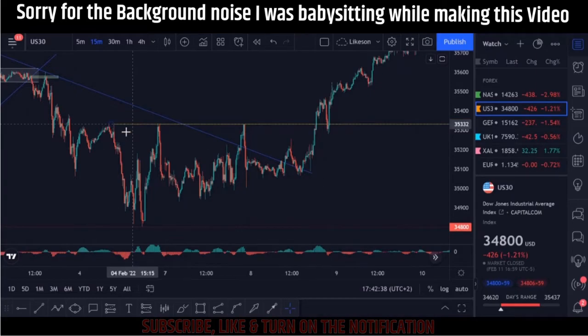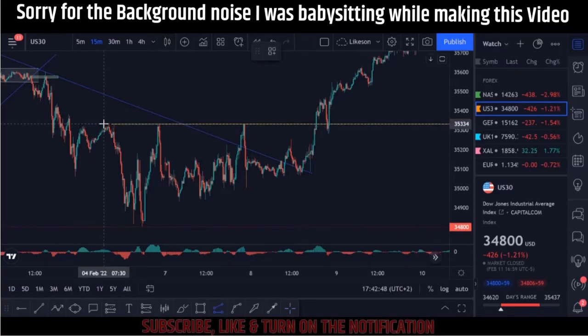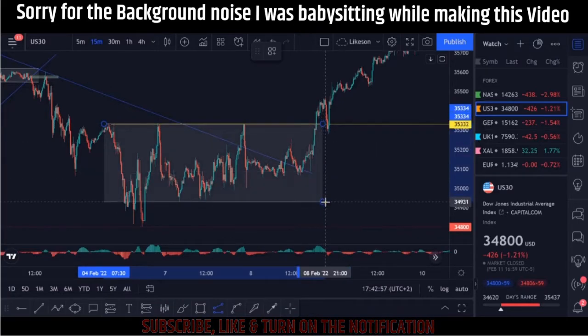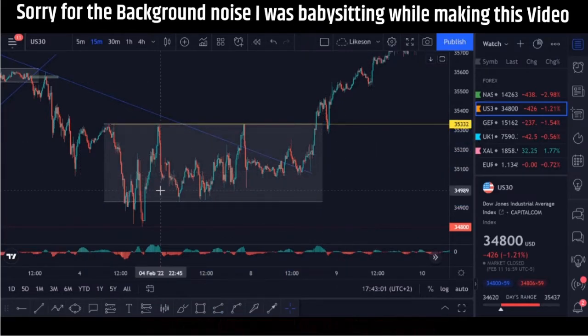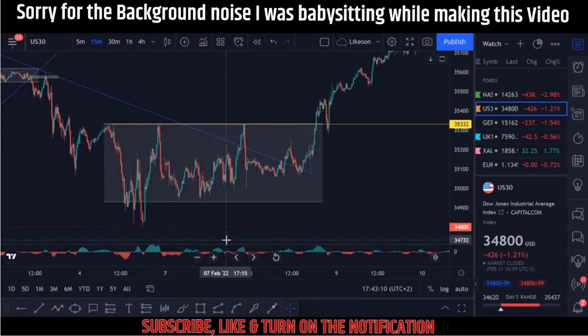Because the market here has been ranging, for me this area I would just consider as an area of liquidity. The market is just ranging. There's no proper direction. This is just an area of liquidity. So after we make our area of liquidity, since it broke out from there,